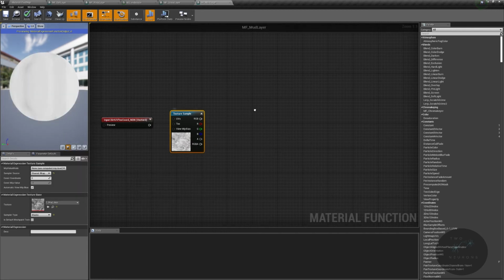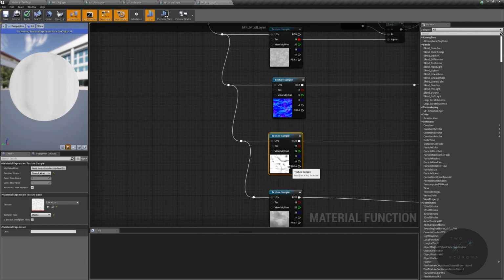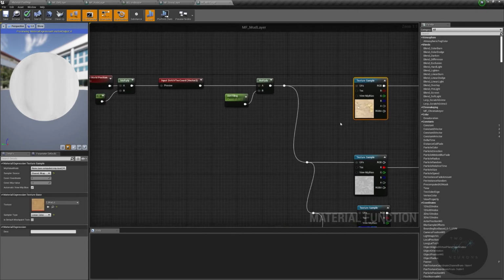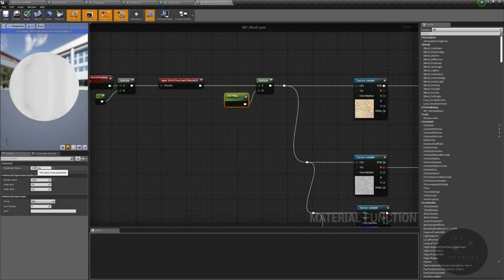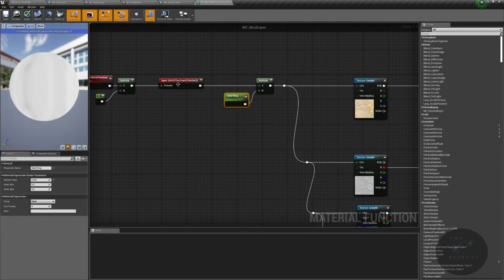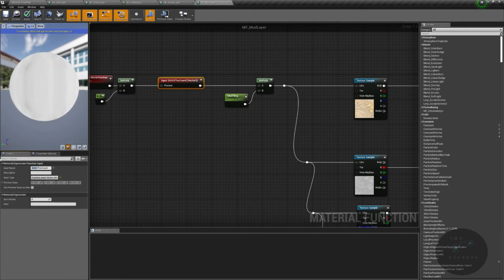All right, so we have our displacements for mud, our AO for mud. I'm just checking all these are the correct ones, our normal and our roughness. Right, so for our mud layer, we need to go through and change all our parameters again. This one will leave at 0.001, but it is now mud tiling. It goes into the category mud. Before I forget, this is also now mud